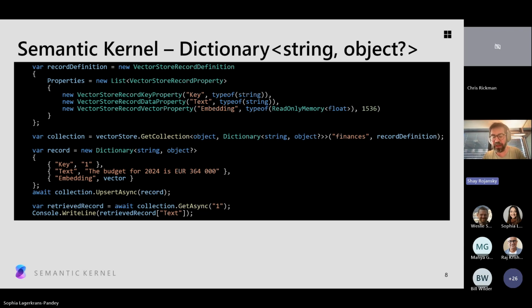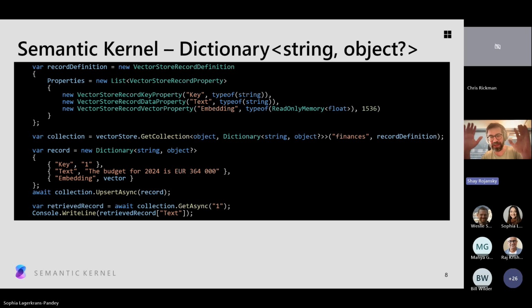Now, it's worth mentioning that the fact that this is dynamic doesn't mean there's no idea of a schema. If we look at the code, we still have a vector store record definition. So there's still a thing that says there's a key property called key, and it's a string. Then there's a text property that's metadata, and it's also a string. And there's an embedding that's a read-only memory of float with this and that dimension. This is still very much a schema approach.